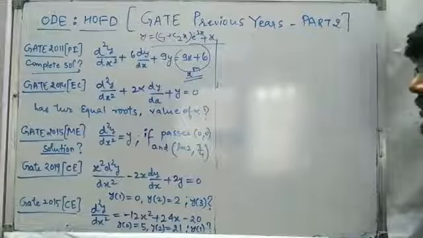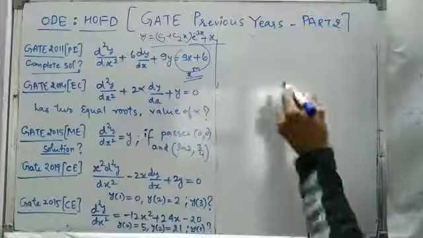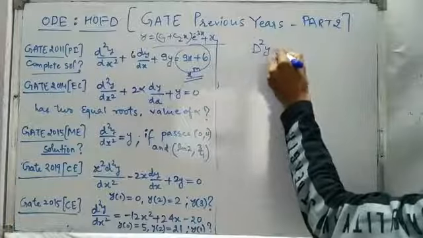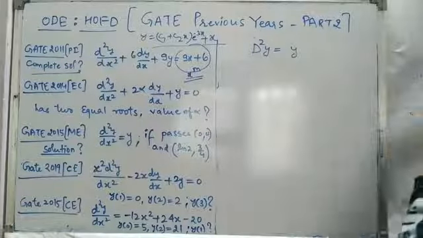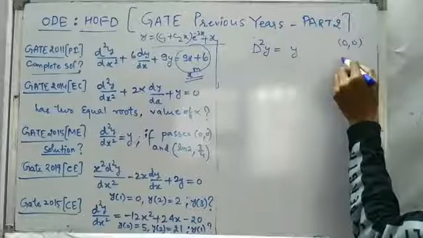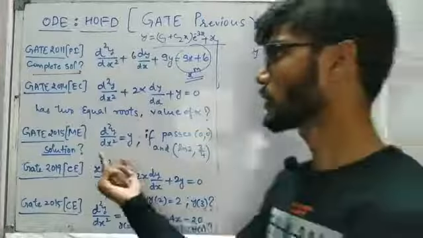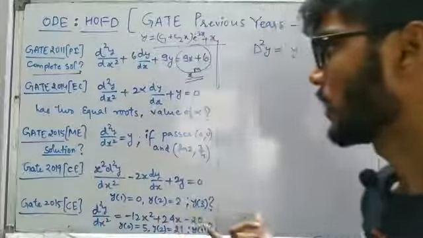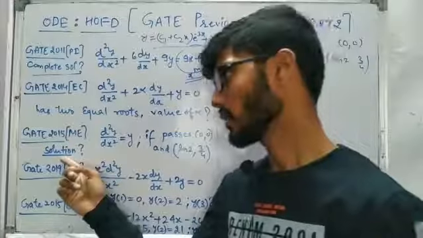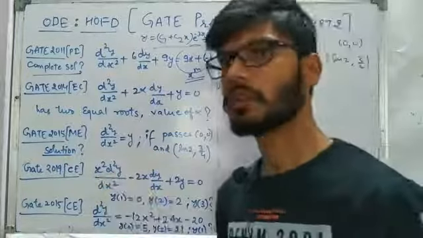And the third problem was asked in GATE 2015 in mechanical engineering, and the problem is quite simple only again. So d2y by dx2 is equal to y, and this is the problem given. It passes through 2 points, 0 comma 0 and ln2 comma 3 by 4, because this is of order 2, right? And on writing the general solution, we are going to get two arbitrary constants, and if he is interested in the complete solution, we have to calculate the values of c1 and c2, right?